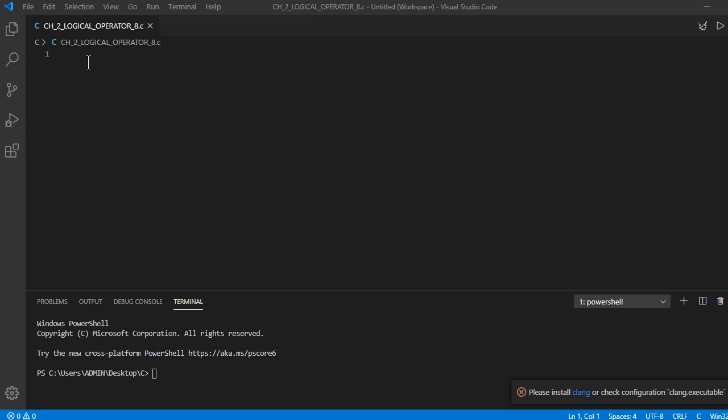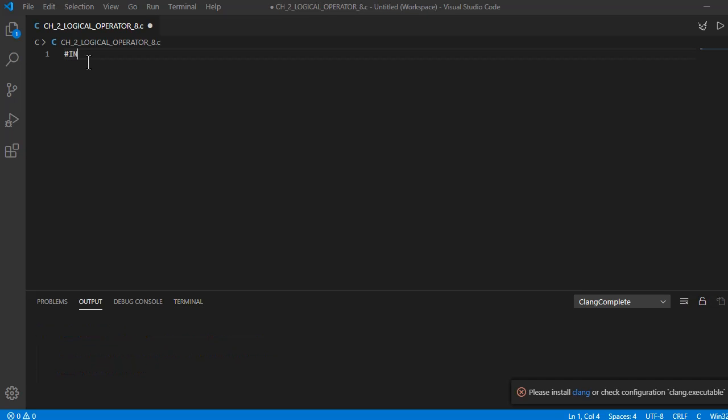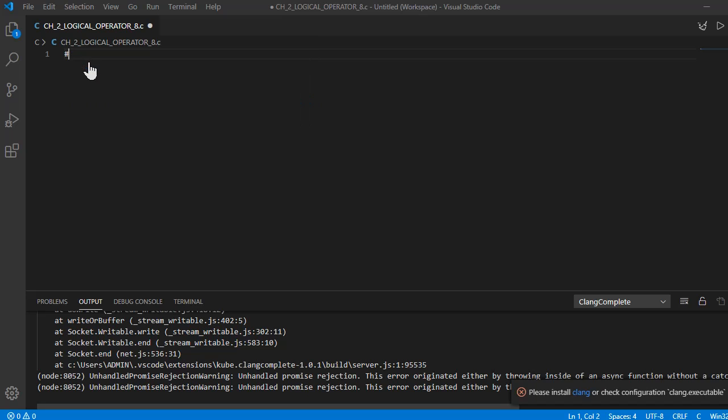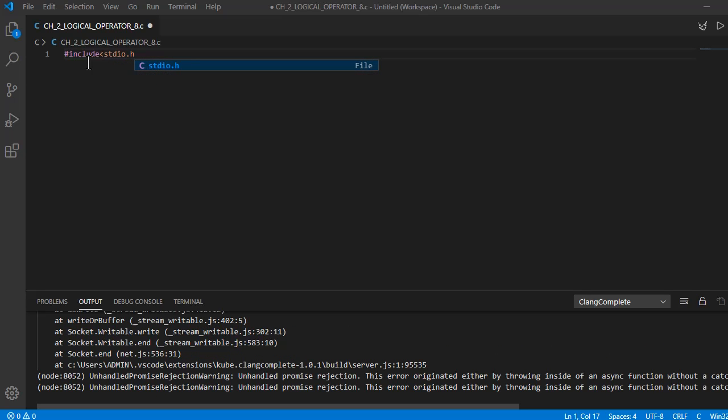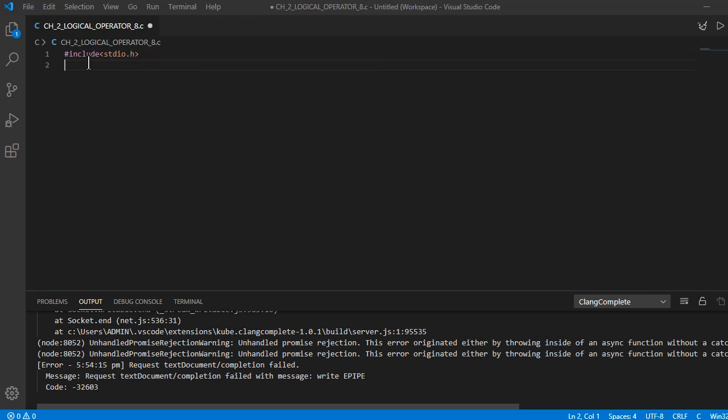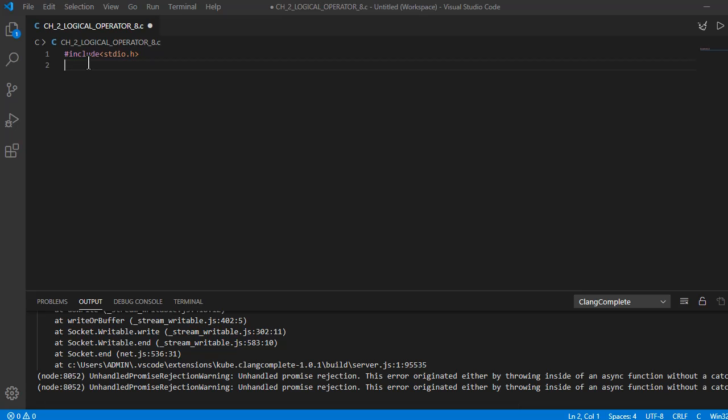The first, we know that we need the header files. So that is #include stdio.h. It stands for standard input output.